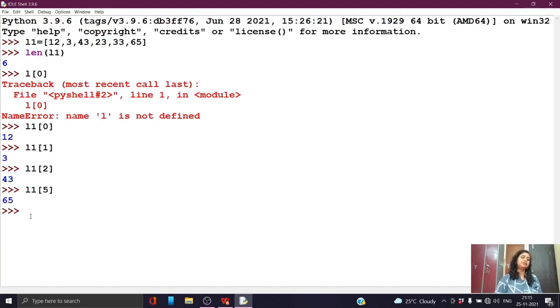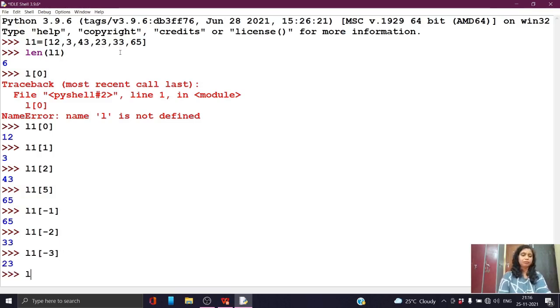Next, let us discuss the backward indexing concept. Backward indexing starts from L1 of -1. The last element has the index number -1 in backward indexing, so 65 will come. Similarly L1 of -2, the second last element, you will get 33, and L1 of -3, you will get the next, 23.